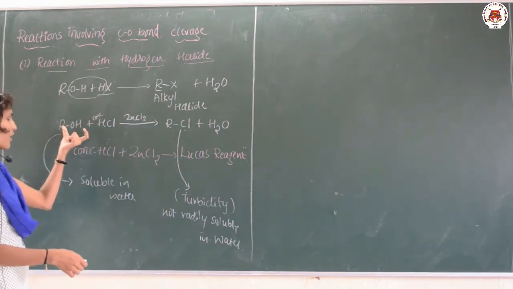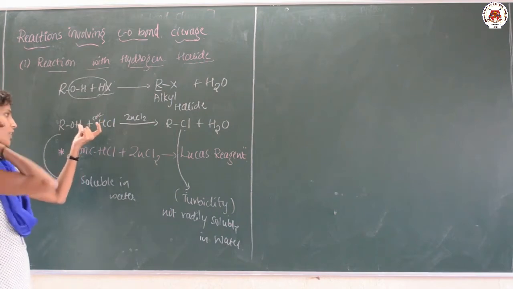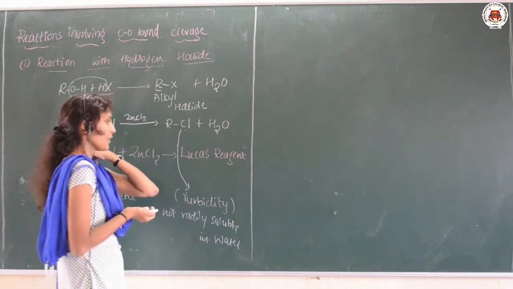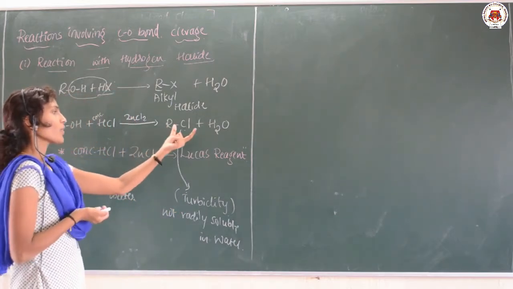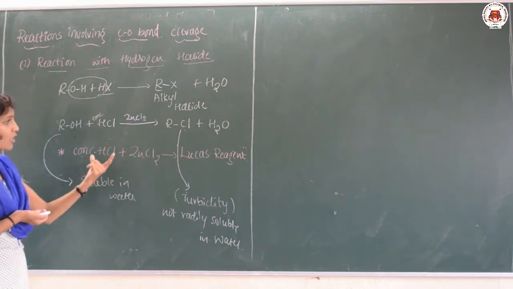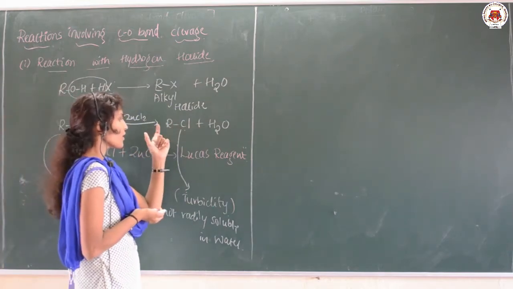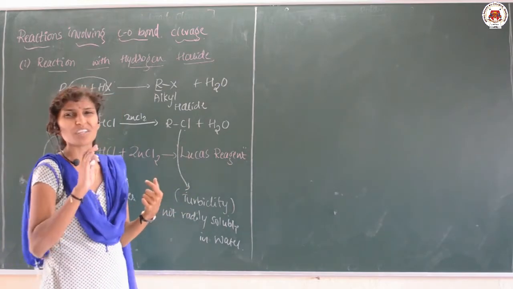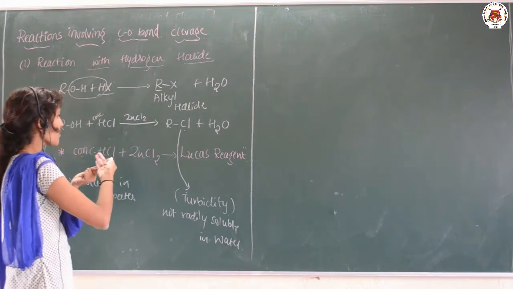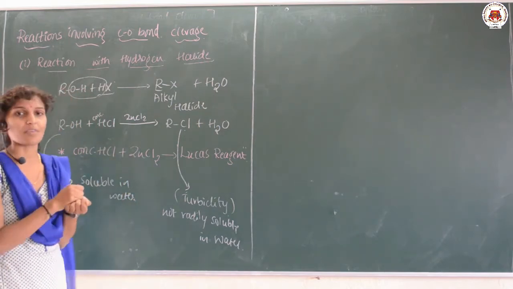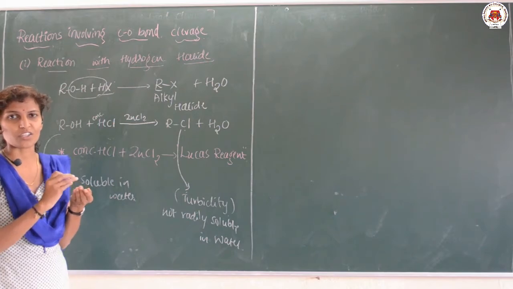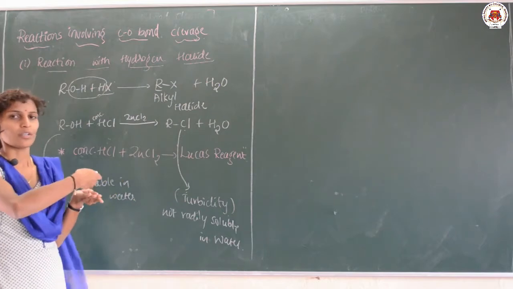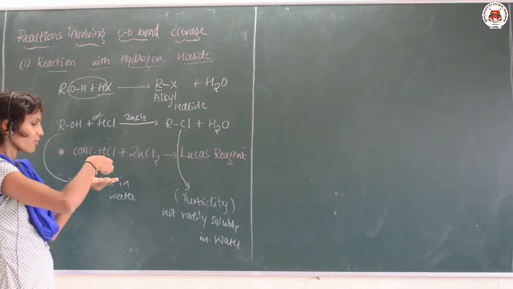So, the alcohol which we are taking as a reactant is treated with concentrated HCl in presence of zinc chloride. There is a formation of the alkyl halide, that is alkyl chloride, along with water. Here alcohol is soluble in water while the alkyl chloride is not soluble, it forms turbidity. So, there are three different types of alcohols available. Primary, secondary, tertiary. If I take a primary alcohol, what will be the product? How it will react, that we are going to tell.